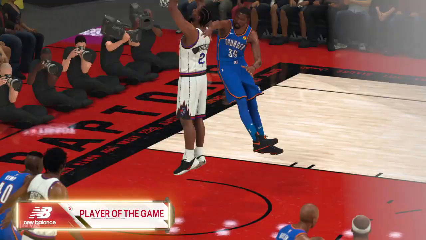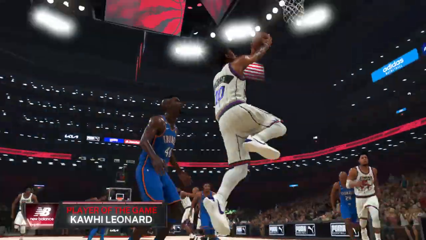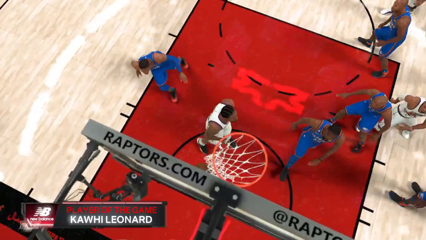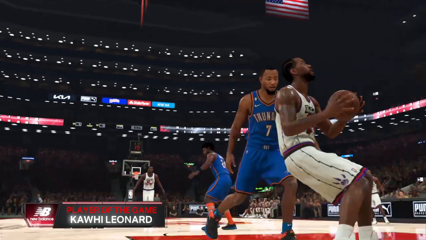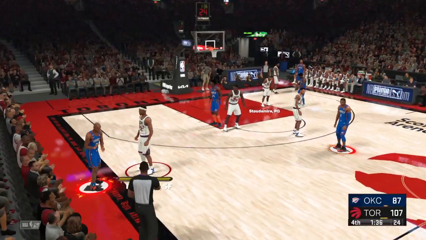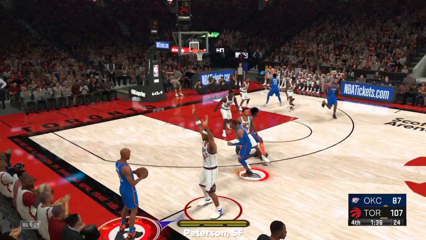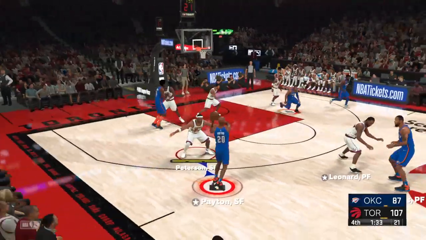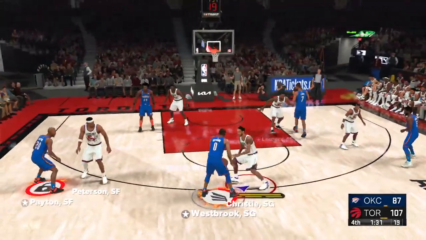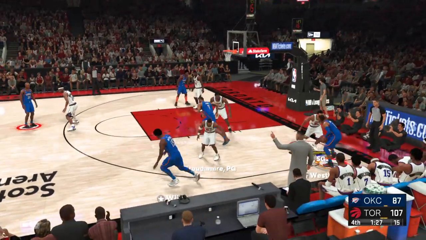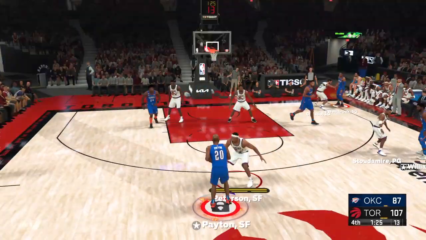And now let's take a look at the New Balance player of the game, Kawhi Leonard. And in terms of his shooting, this has been one of the more accurate performances you'll ever see. I mean, he's been in constant motion, creating a lot of good looks for himself. But still, even when you're wide open, you expect to miss some of the time. That has not been the case here tonight. This guy has made everything. What a connection he has to these fans. They love him here. And the more he has games like this, the deeper that connection gets.